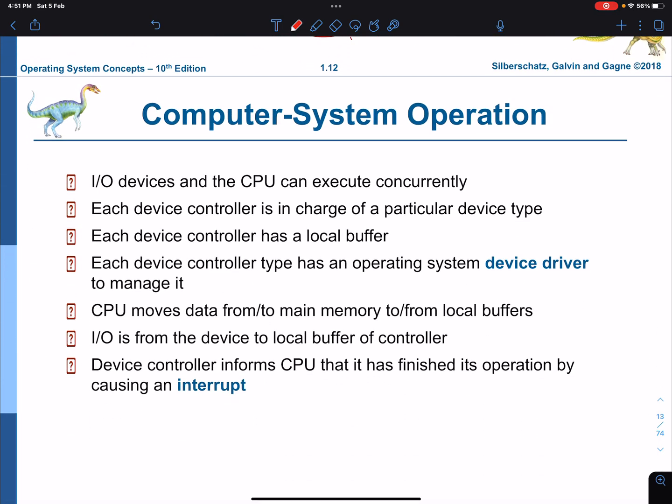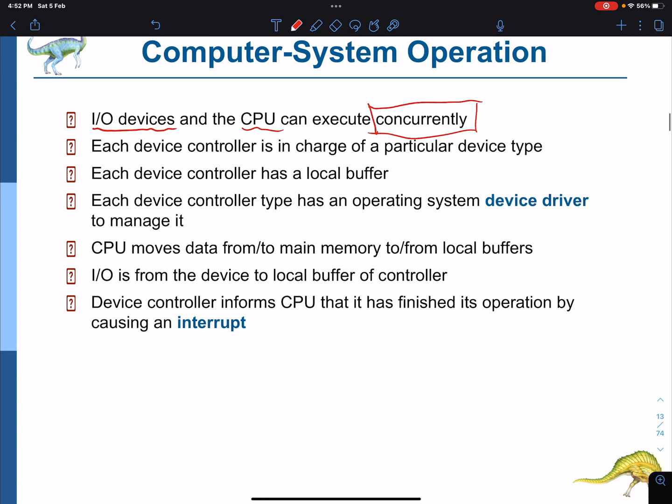Okay, computer system operation. You have here I/O devices, and the CPU can execute concurrently. This is a very important word for us. All our work in this course is concurrent. What does it mean to be concurrent?